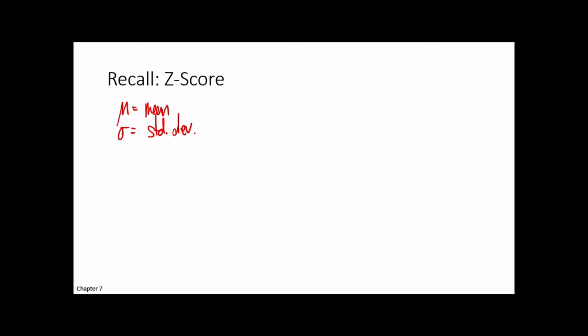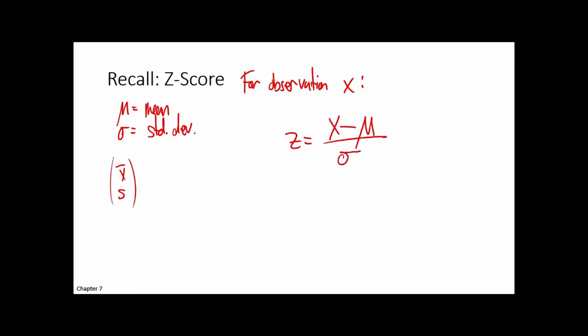If you write them as mu and sigma, are these population parameters or sample statistics? These are population parameters, right? So mu and sigma are the population notations. If we wanted sample, we would talk about x bar and s, right? Okay, so for a z-score, if you have an observation x, then its z-score is what? You take the observation minus the mean over the standard deviation, right?